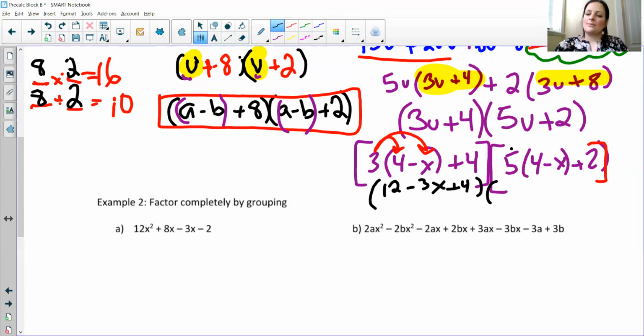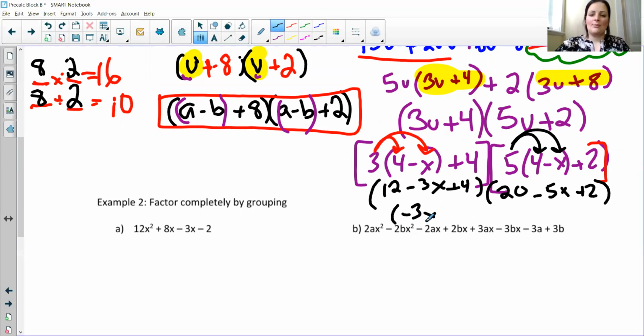So I'm going to do the same thing over here. So 5 times 4 is 20. 5 times negative x is negative 5x. And then we have a plus 2. And now we have to group our like terms. So this is going to be a negative 3x, but I have 12 and a plus 4, which are like terms because they both don't have